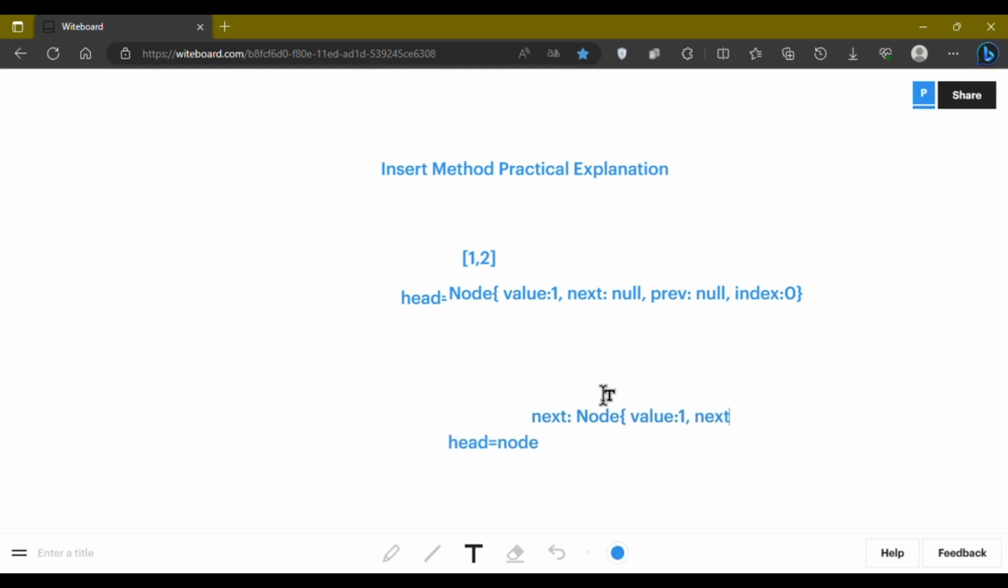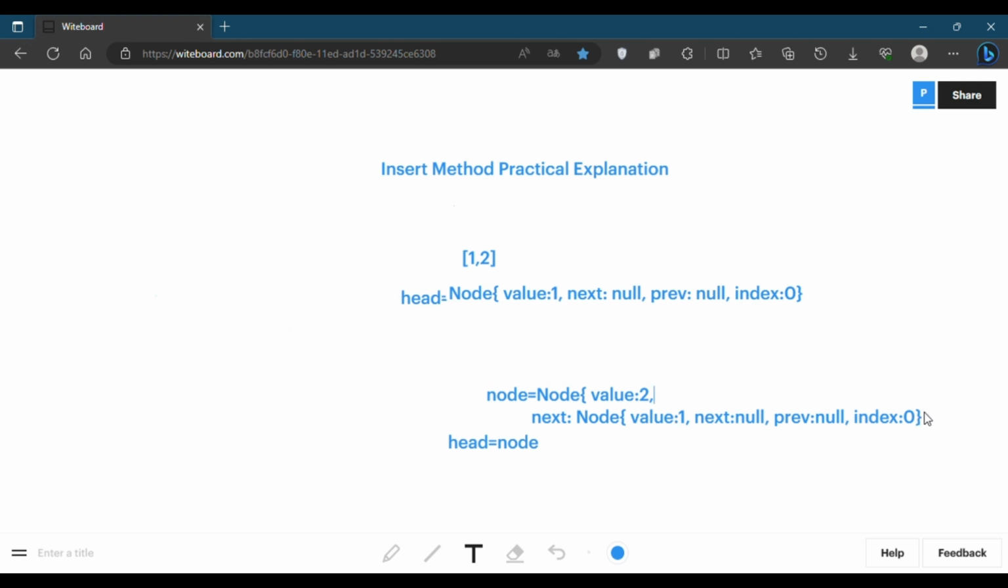Why is this disconnecting? Next, no, previous, no, because the next is always the current state of the head. Why did it seem clear? Oh, index 0. I have to rewrite. Okay, so after this,